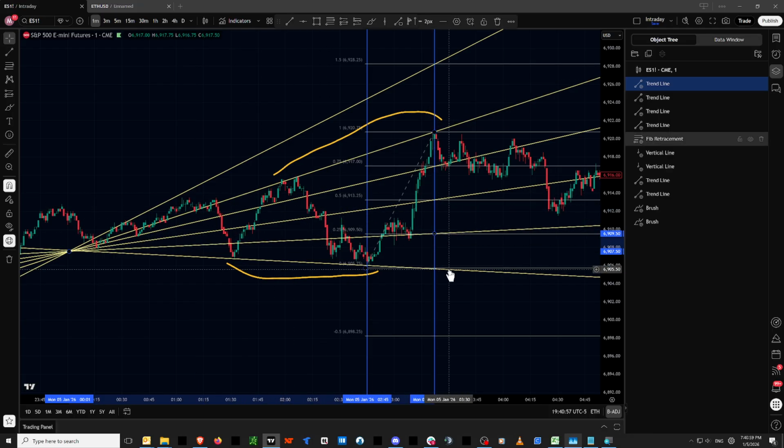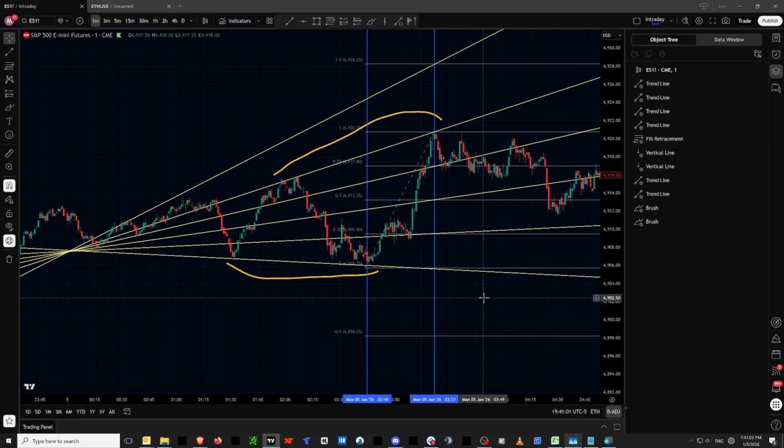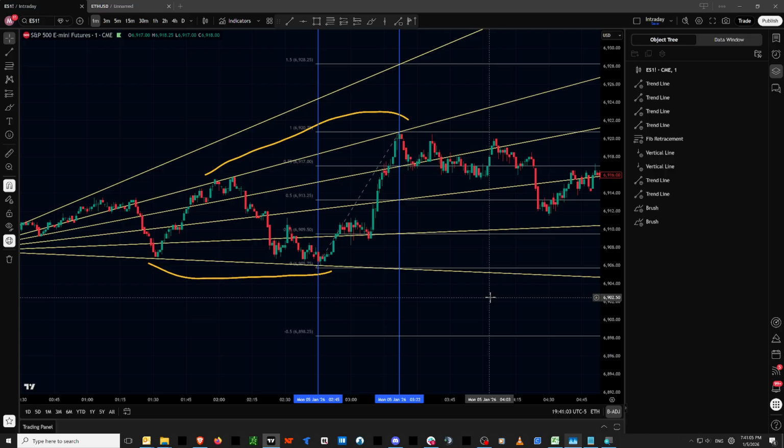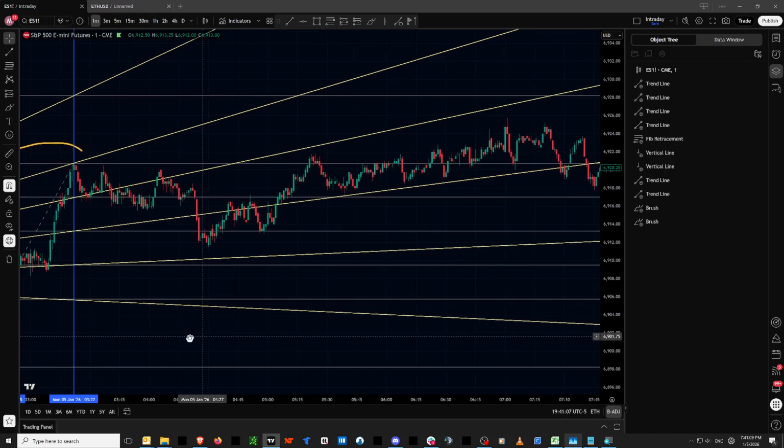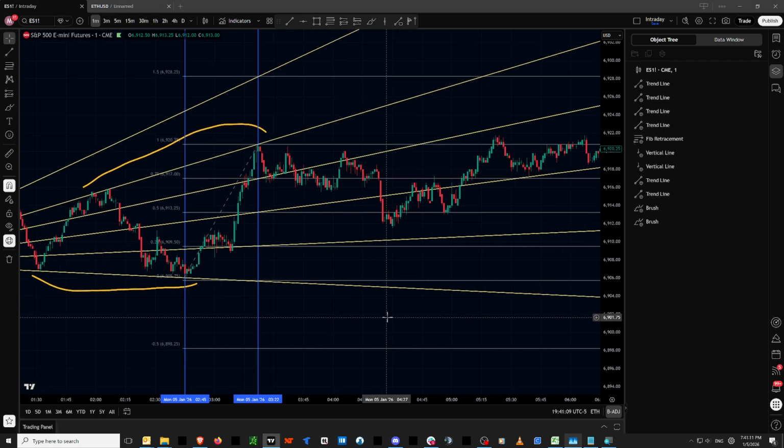I'm going to stop there for the moment. Remember, this is the last mark that I made. So all these lines afterwards are projections from my initial